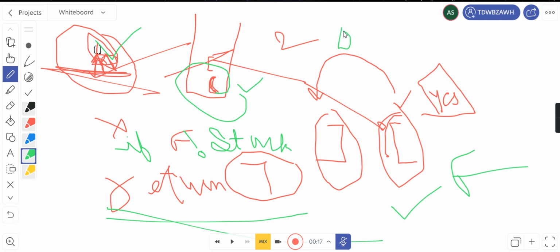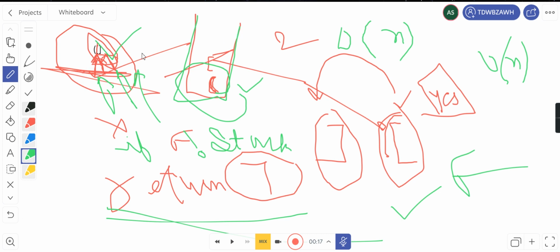And the time complexity for this is, since we go to each item in the string, O of n, where n is the length of the string, and space is also O of n, because we could possibly be storing all the items in the string. It might happen that a string has all opening parentheses, and we will be pushing all of them in the stack. So space is also O of n.